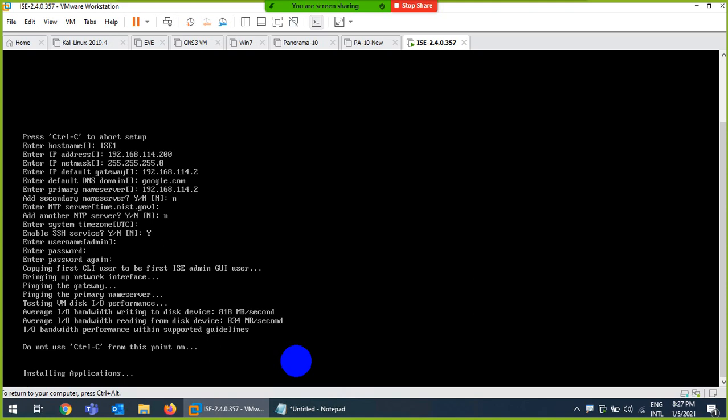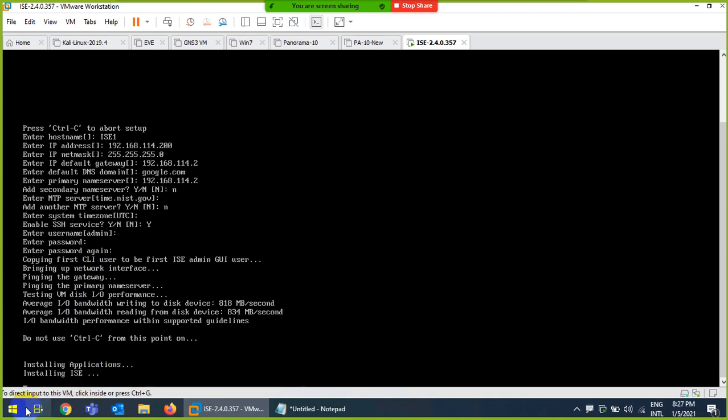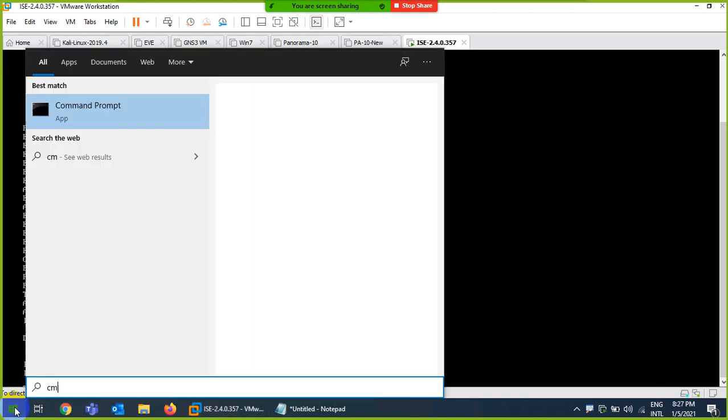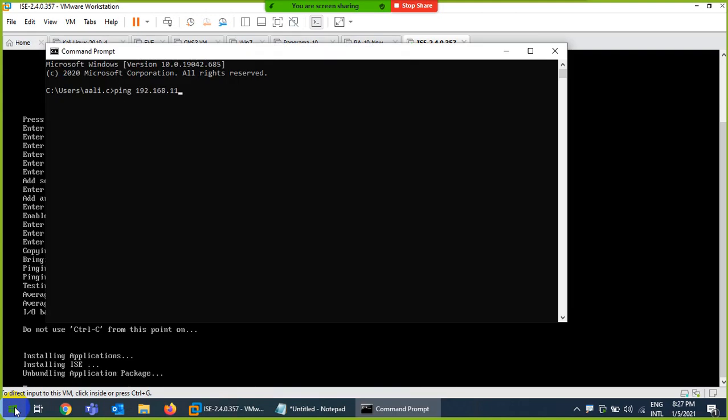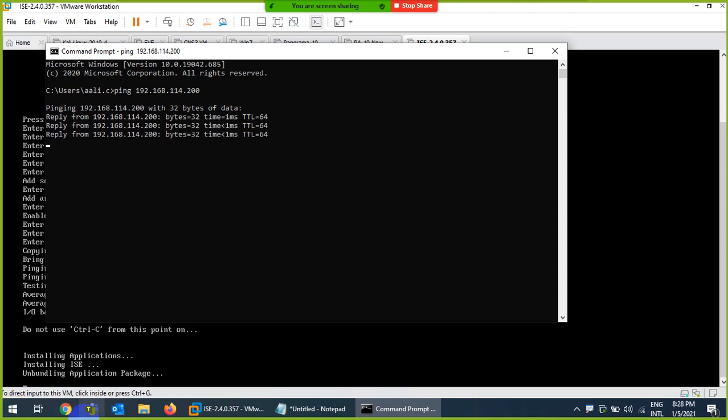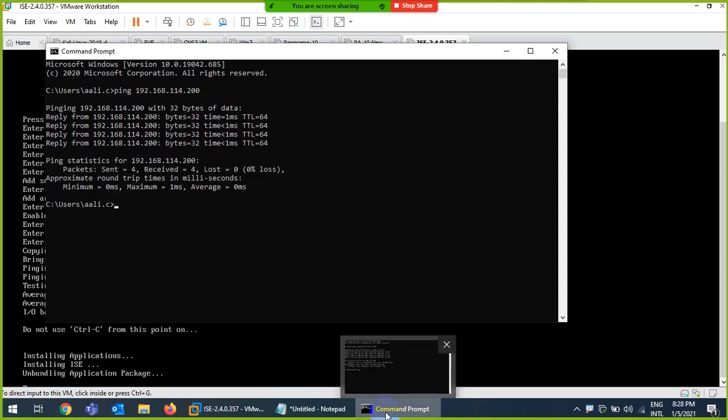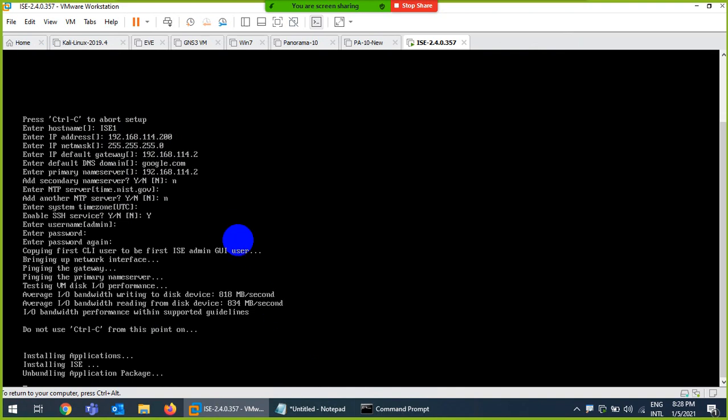So when it's done, I can use this IP 192.168.114.200 to access this device through my web browser. If I ping from here, maybe it will not work yet. Yeah, it's pinging, but it will not show graphically, because they are installing all these applications and then will run them.